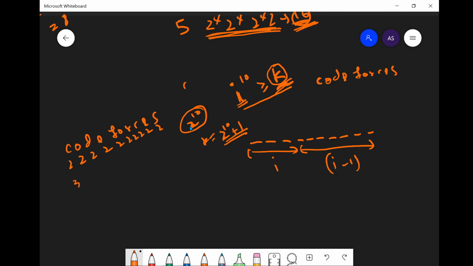That means it says that there should be a minimum of 3 times each of these characters. Only then would 3 to the power 10 be greater than or equal to k exactly. Then only would we be able to extract at least k substrings.